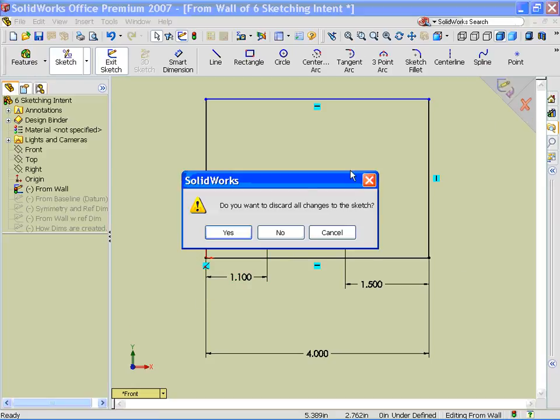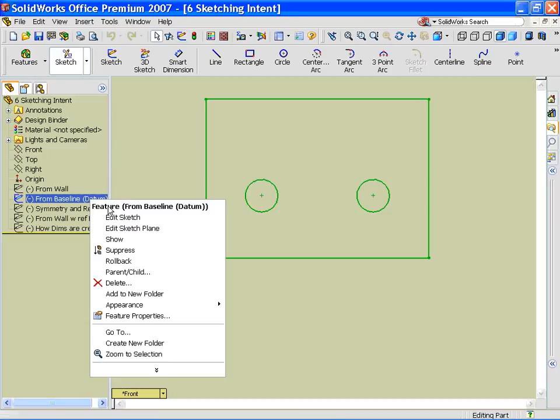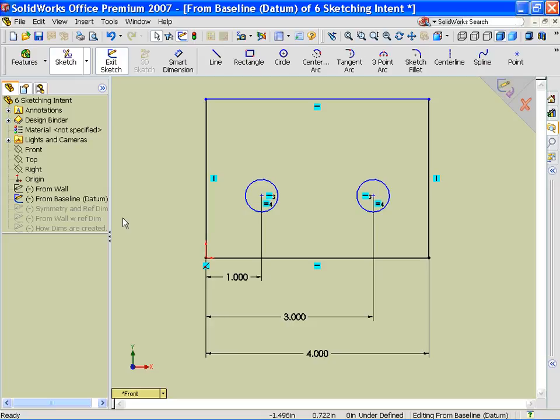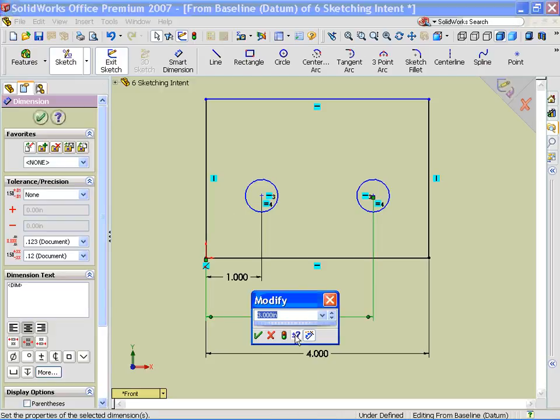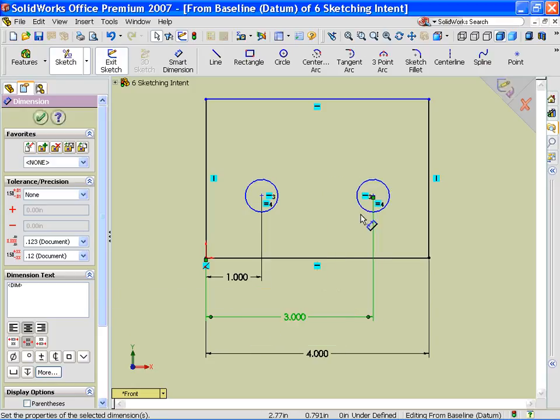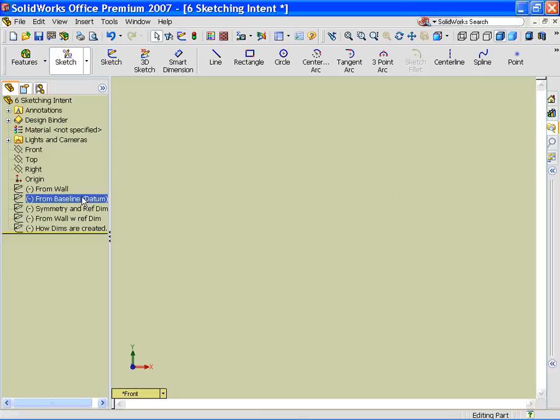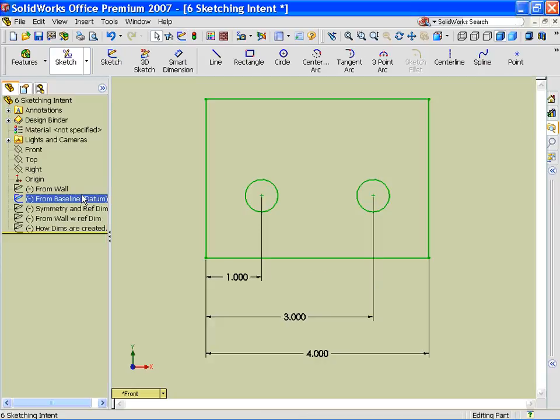Okay. The second scenario is going to be most desirable for the manufacturing floor because we're all coming from a datum reference edge. Have 1 inch, 3 inch here. If I change this, all these are going to come towards the left hand side. So as I modify this here, I can see that it's all tied to that edge. Now this doesn't mean that you need to make everything from baseline just because it's going to be desirable from the model. In fact,